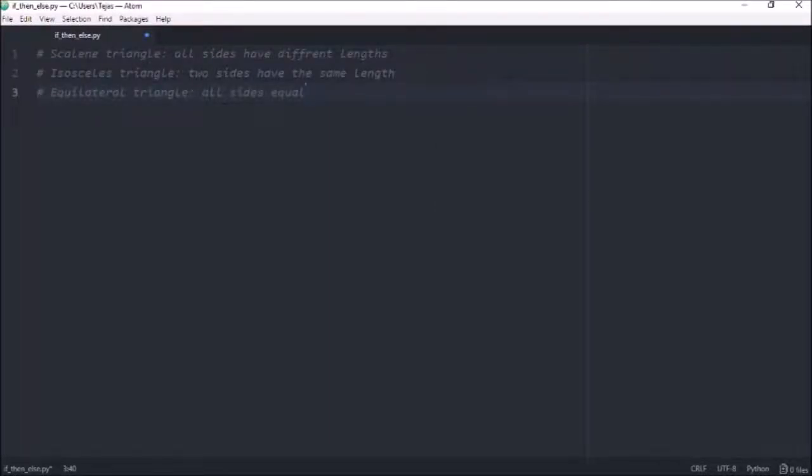So you can tell if it's a scalene triangle if all the sides are different, and you can tell if it's an isosceles triangle if there are two sides that are the same, and it's an equilateral triangle if all three sides are the same. So let's start with taking the user input,